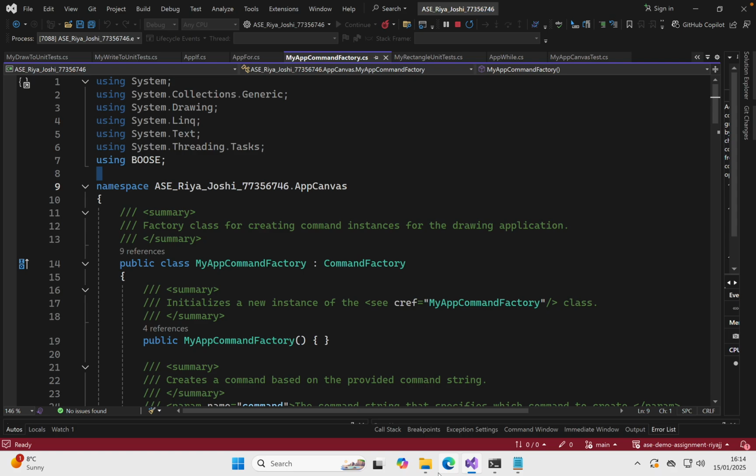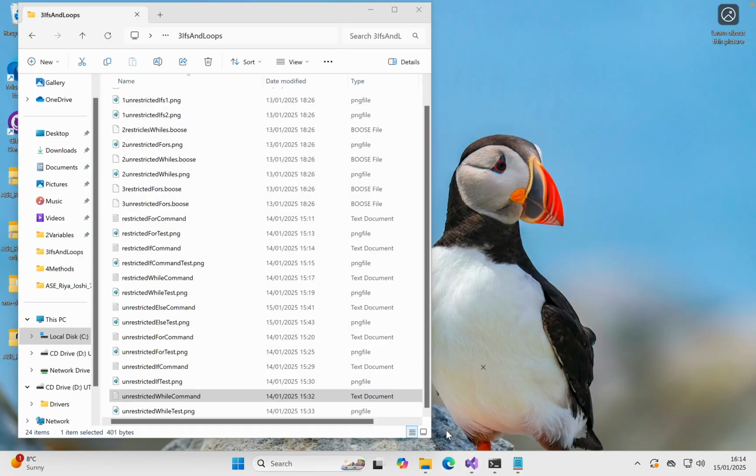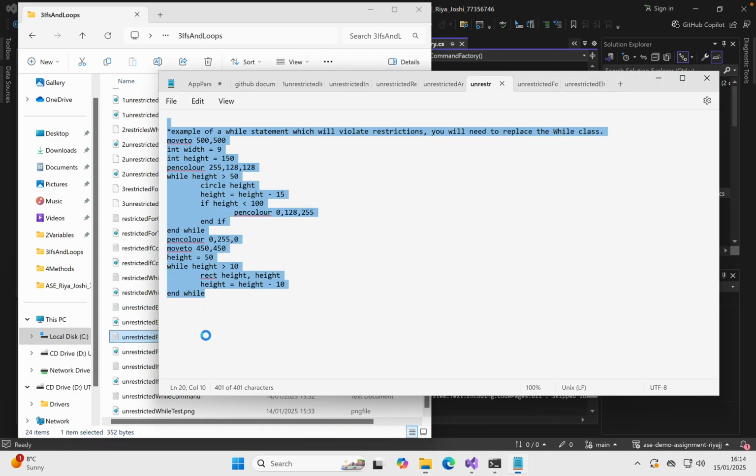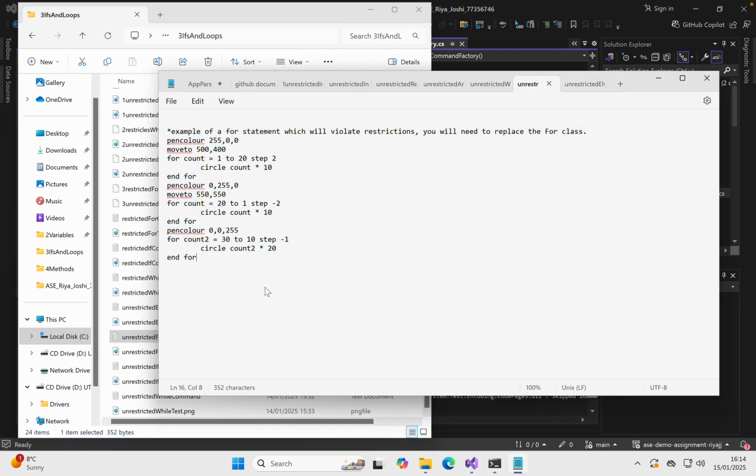Similarly, the next one is for, working unrestricted. For, you can see the unrestricted for command is here. We are going to test the code as well.